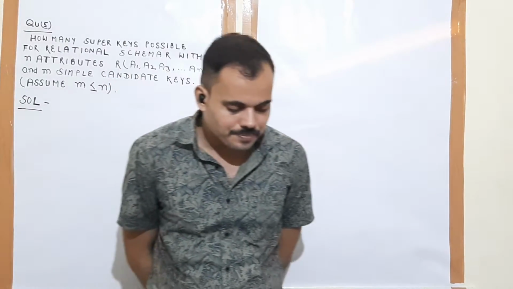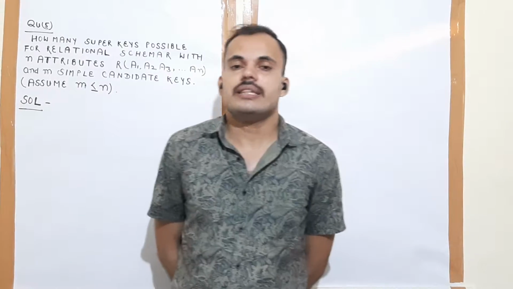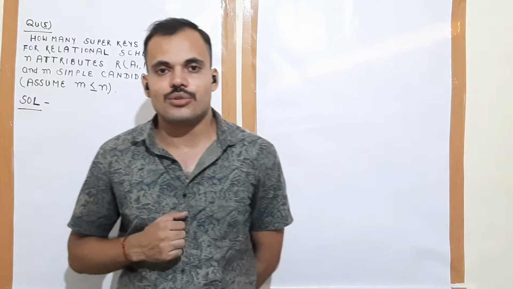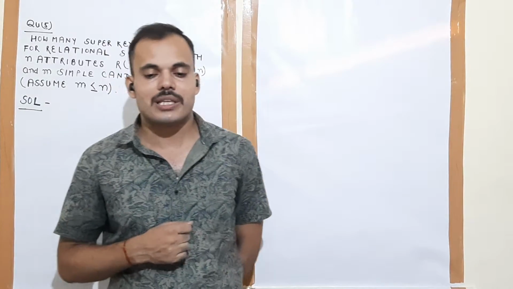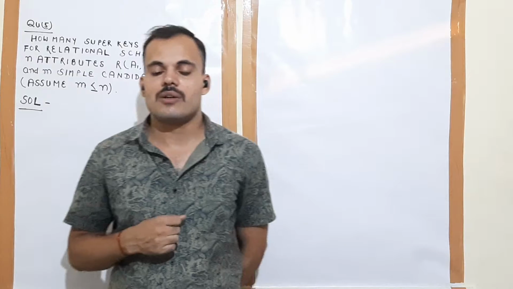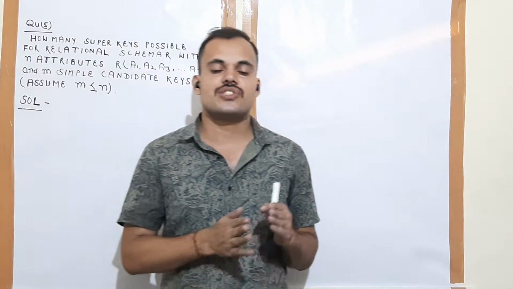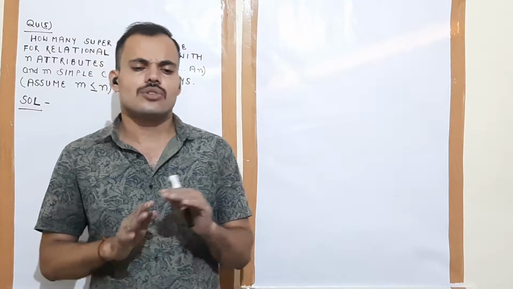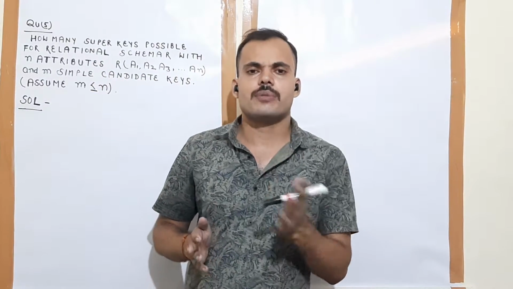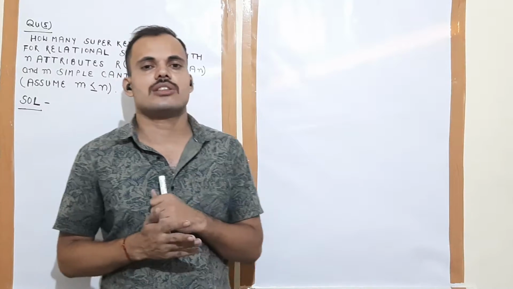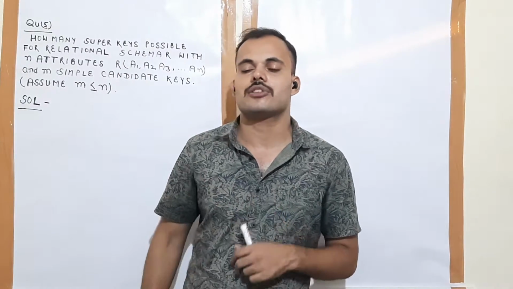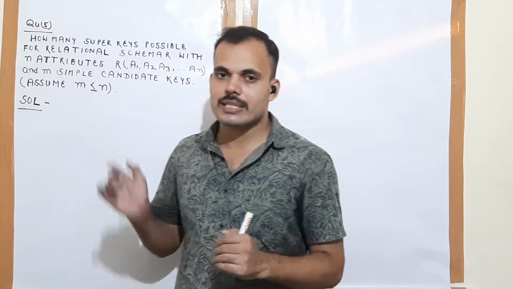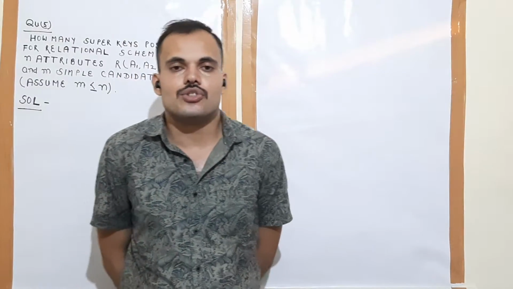See here, in this question, whether we will go with the set theory method or the prime attribute method. In the previous lecture we saw when to use the set theory method and when to use the prime attribute method. There is no need to go with both methods. Either we will use the set theory method or we will use the prime attribute method. Now which method should we use in this example?